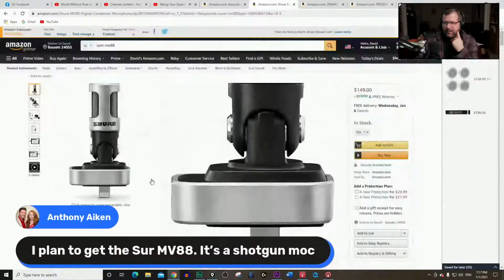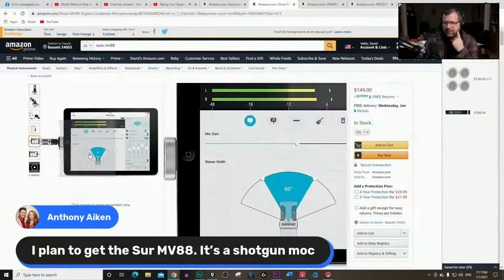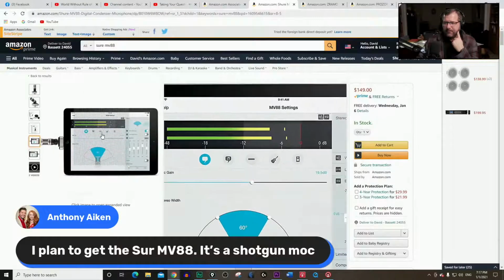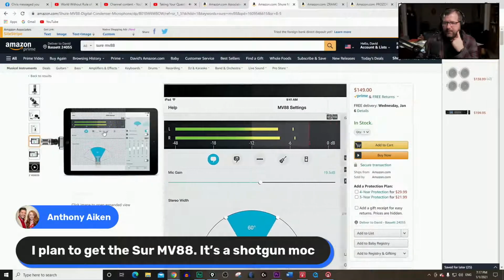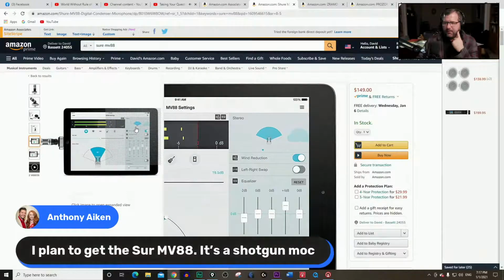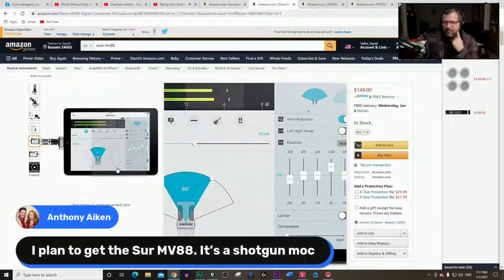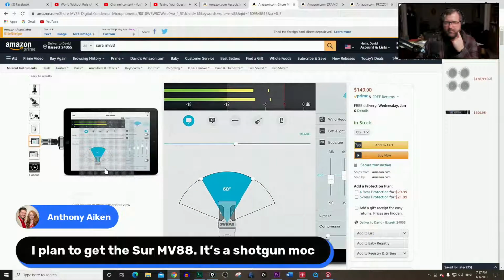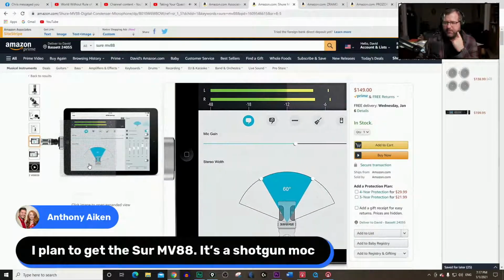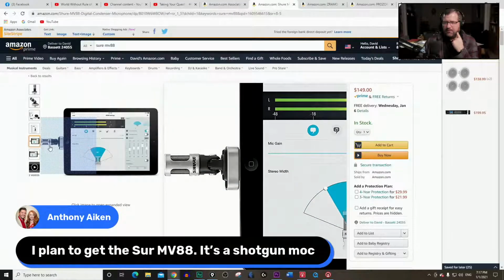It looks like you can adjust that, which is good. It might have a cardioid pattern. Yeah, if it has really good reviews, in your situation you probably wouldn't want a shotgun microphone.